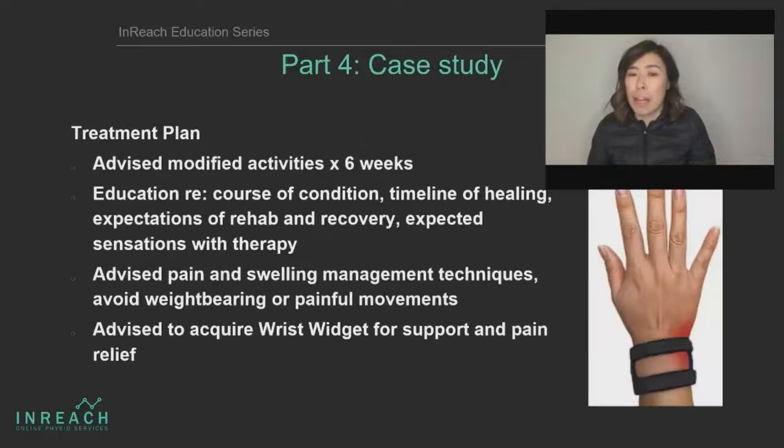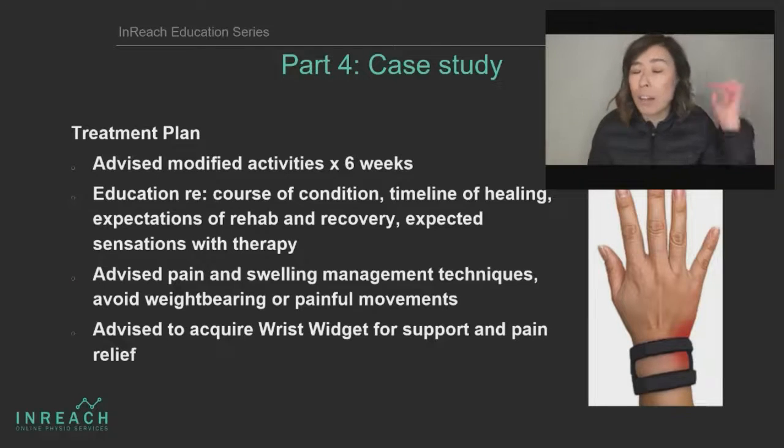So what did we come up with for a treatment plan? I advised him to modify his activities for 6 weeks, at least, so that it would give rest to that area. I gave him some education on the nature of his injury and what that TFCC disc is and how it's important, a timeline of his healing in general, from 6 weeks to 3 months to 6 months, expectations of rehab and recovery, his expectations of what he would feel while he was going through his rehab. I advised him on pain and swelling management techniques to avoid weight bearing or painful movements that would increase that inflammation or that pain and prolong his injury timeline. And I advised him to acquire a wrist widget, which is a soft brace for support and have some pain